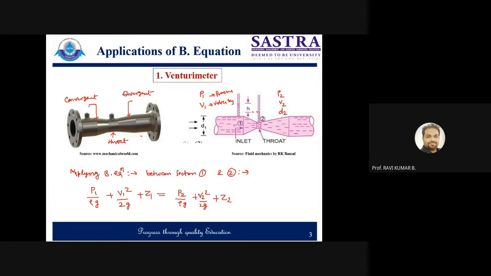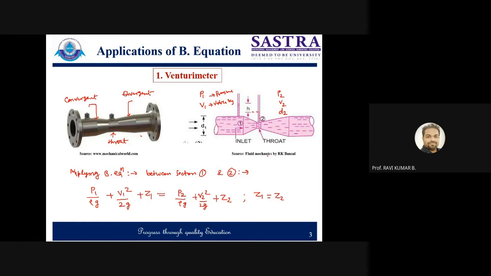Now, if it is horizontal, as shown schematically over here, assume z1 is equal to z2. If it is inclined, then it will have different values of z1 and z2, depending on the situation. As we are deriving the expression for the case when the venturimeter is positioned horizontally, z1 is equal to z2. This is our case. Sometimes if you incline it, then it will be different. Keep in mind, note it down somewhere. So z1 is equal to z2.